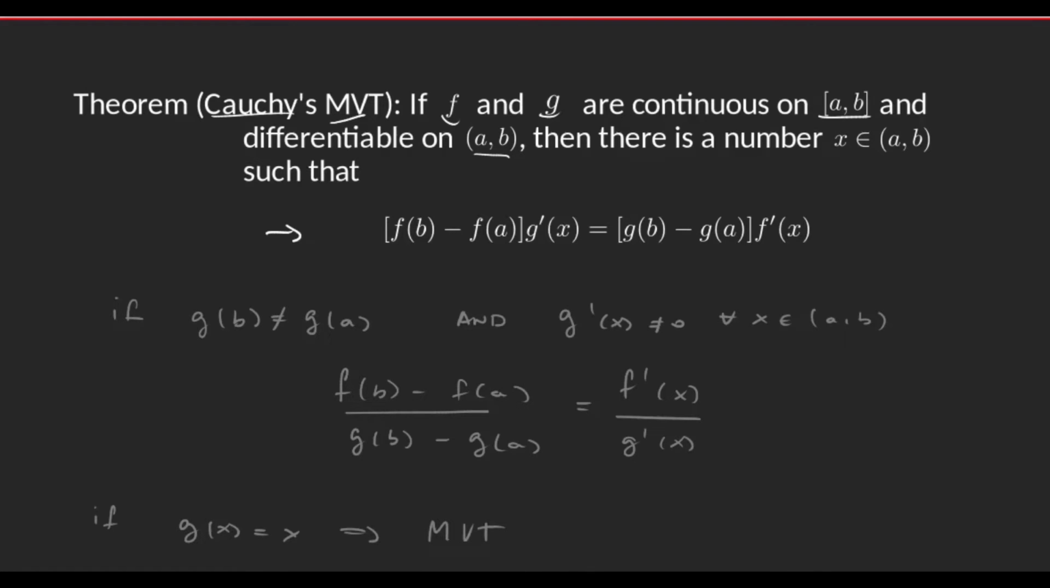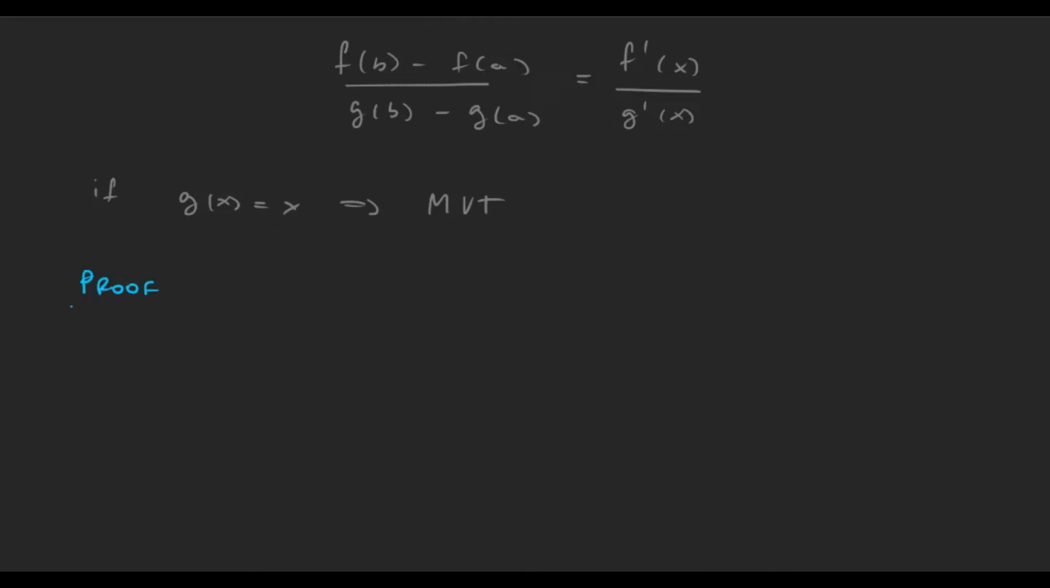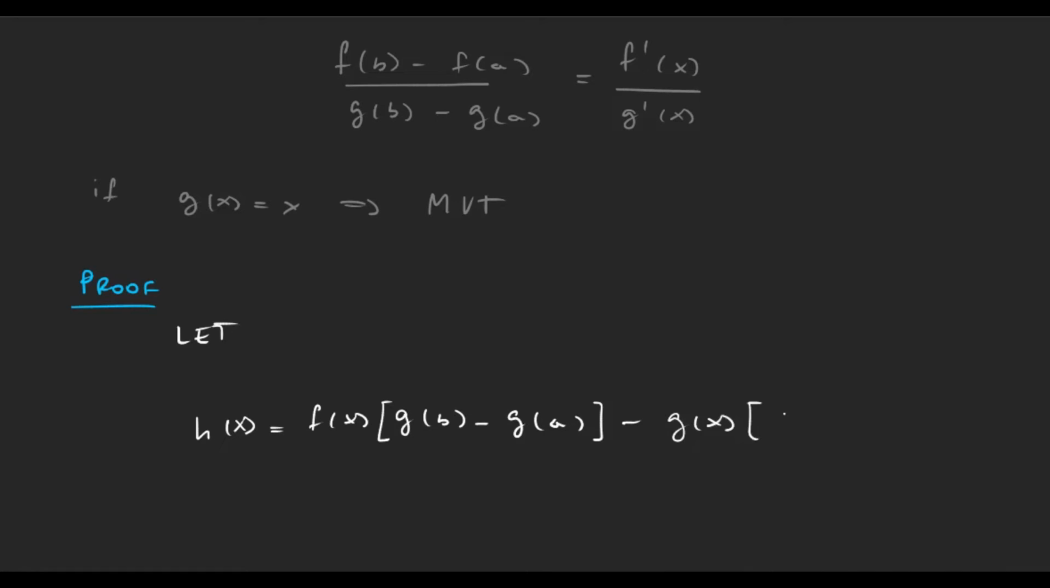Okay, so let's go ahead and look at the proof. And the proof is extremely similar to the one we saw before. We're gonna again take a function, h of x, and this function is gonna be f of x multiplied by g in b minus g in a, and then we subtract g of x multiplied by f in b minus f in a. And you probably already know how to continue, because the same property we used before is going to apply here. H is continuous and differentiable,